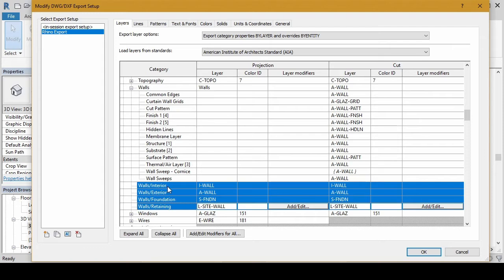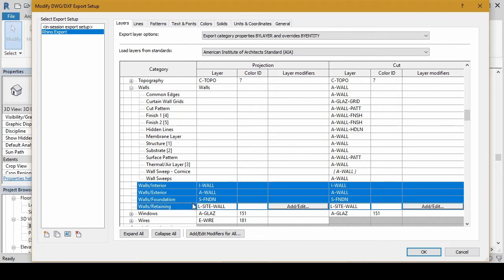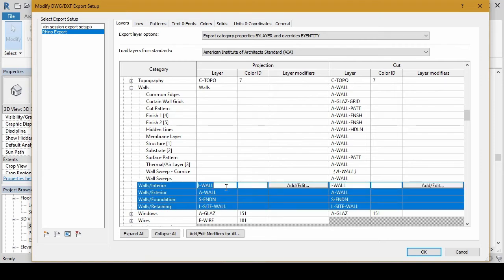I can do the same thing with interior, exterior, foundation, retaining, which is the wall functions. So I'm selecting these using the shift key on my keyboard, selecting one of these layer settings, using the backspace on my keyboard, and then enter. It's going to remove all of them.